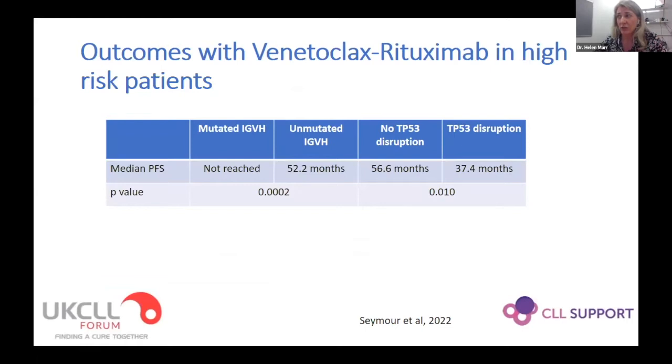Now, looking at venetoclax and rituximab, as we have done already with the BTKIs, how about if we now look at splitting the patients up into their high-risk groups? And we can see here that while we know that venetoclax and rituximab in the high-risk groups gave benefit over bendamustine rituximab, if we just look at patients only treated with venetoclax and rituximab but divide them up according to the high-risk features, you can see that there is a significant p-value dividing the patients between mutated and unmutated IGHV status and the presence or absence of a p53 disruption. So here with venetoclax and rituximab, the high-risk patients aren't doing quite as well as their